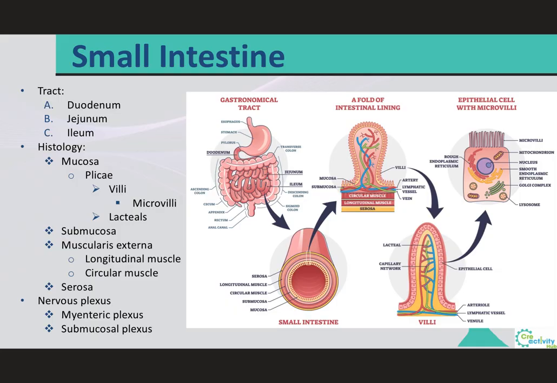Most digestion and absorption of nutrients will occur in this long tube that's called the small intestine, which will extend from the stomach. It will coil through the abdominal cavity, as we see over here, and eventually it will open into the large intestine. The small intestine is going to be divided into 3 regions: the duodenum, the jejunum, and